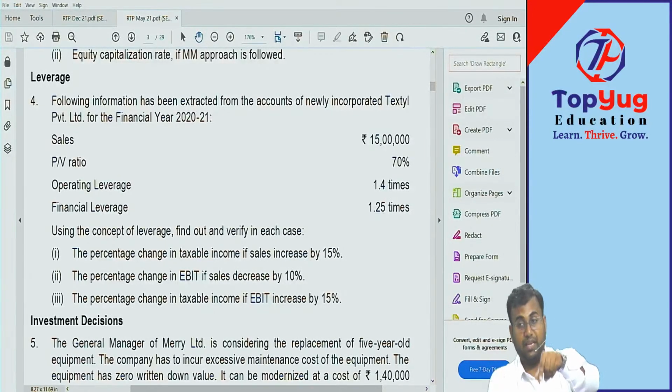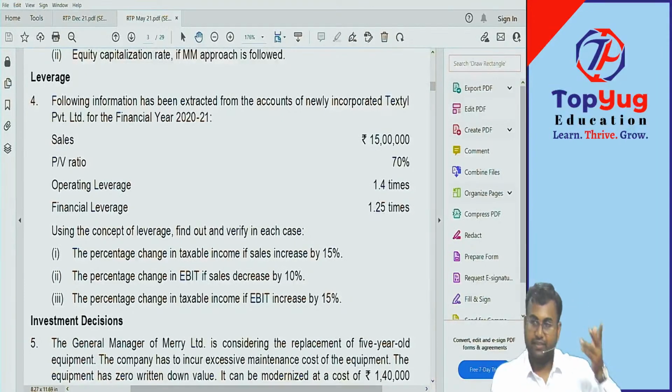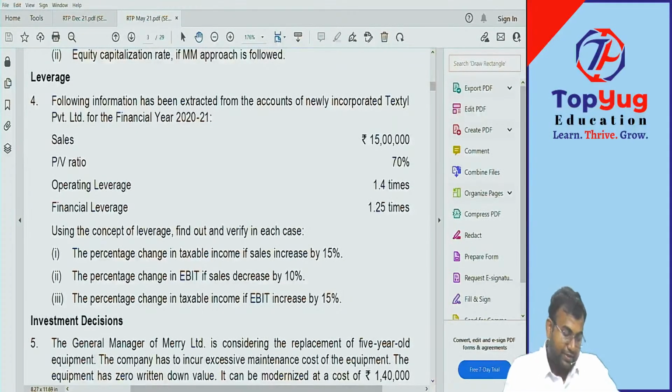Sorry, contribution by EBIT. You will find out EBIT. You have contribution minus EBIT. Balancing figure would be fixed cost. Easy. Then financial leverage is 1.25. Again, you will be able to find out interest. Same process. Using the concept of leverages, find out